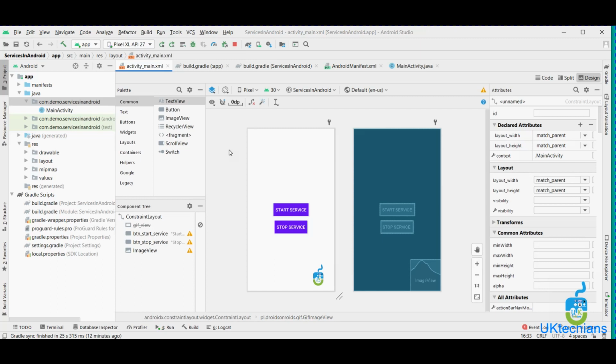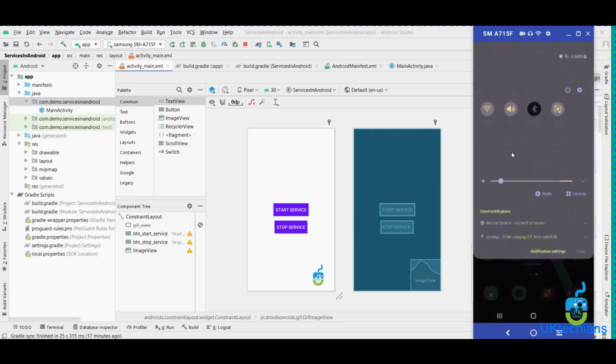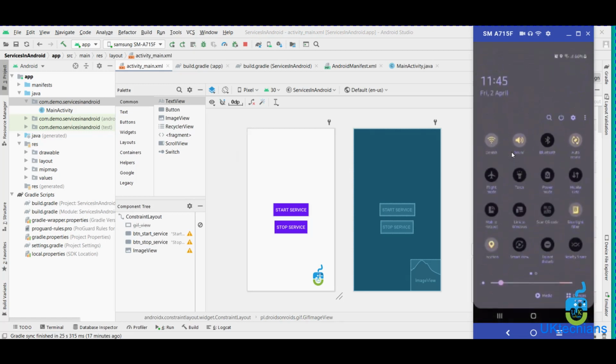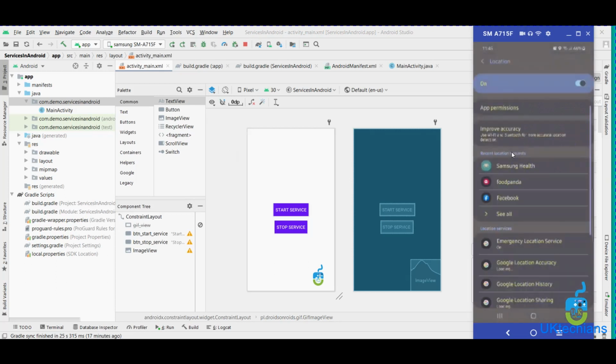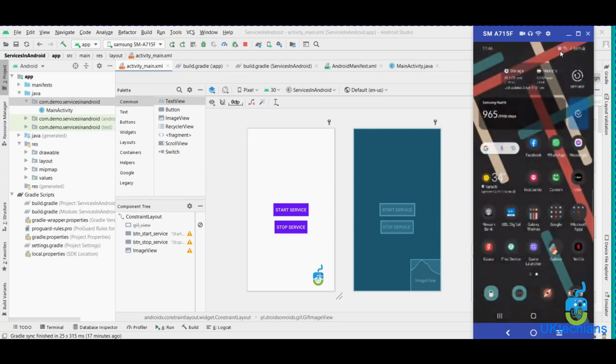What is a background service? The user cannot interact with the background service. Another example of a service that is a background service: when we click this location icon, we have to switch it off and then switch it on, right? It's just shown on the top here right now, but later on it will hide. Okay, now the application has hidden the notification icon of the location, but still it's running.